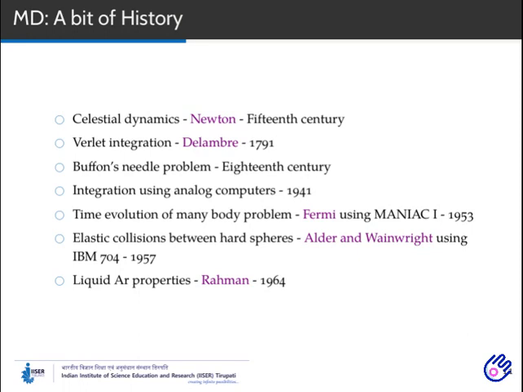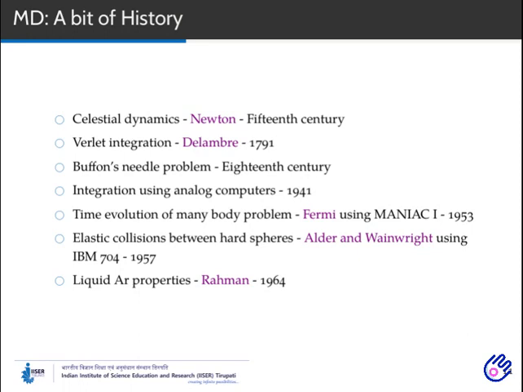The problem is simple. Let us assume a floor which is made up of thin strips of wood. In case a needle falls on such a floor, what is the probability of it falling between two strips? The solution is not as easy as the problem. It took another 100 years to solve that issue. In 1902, modern analog computers were developed, and by 1941, scientists used these devices to perform the integration of classical systems.